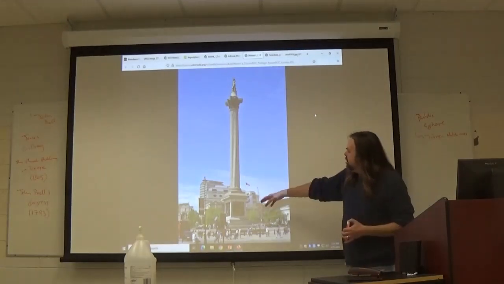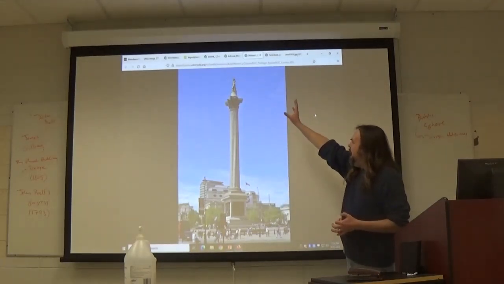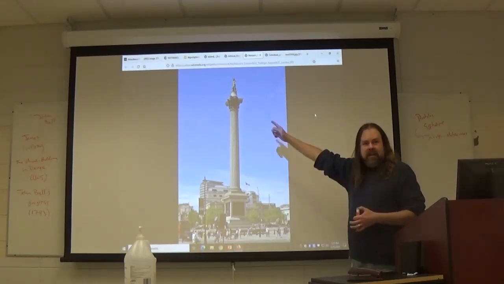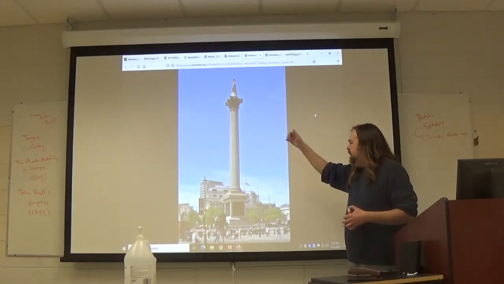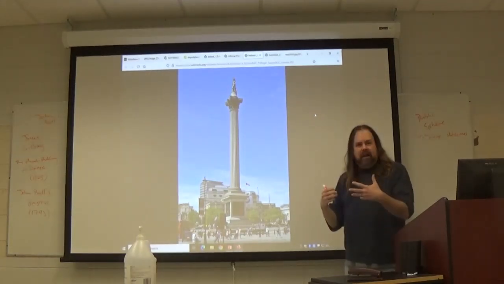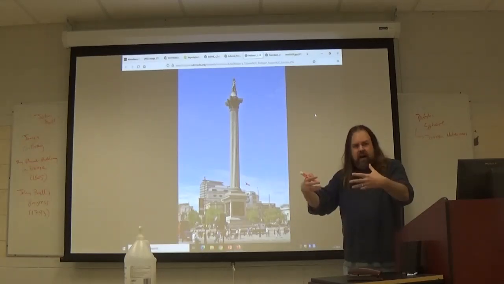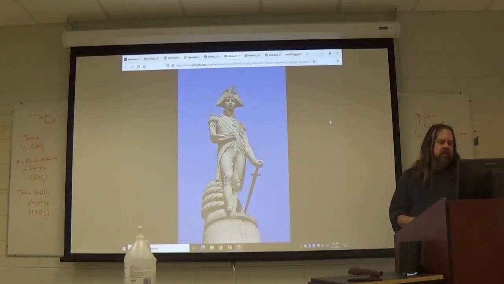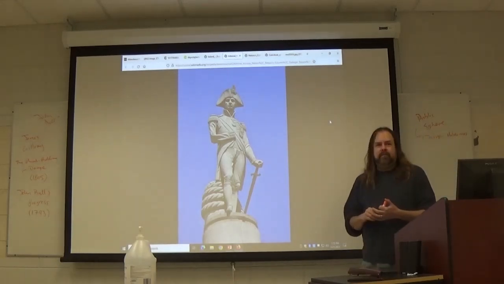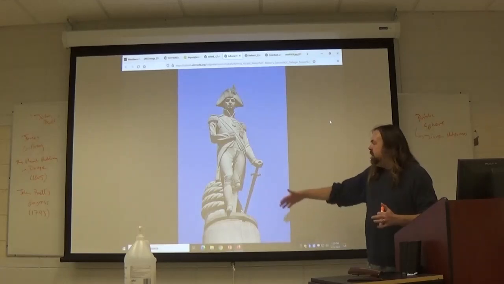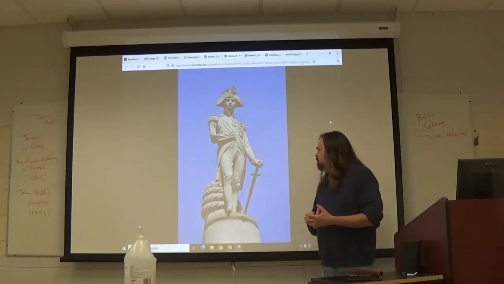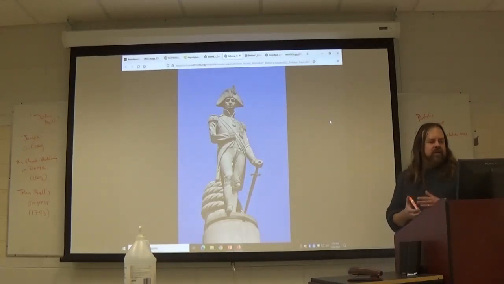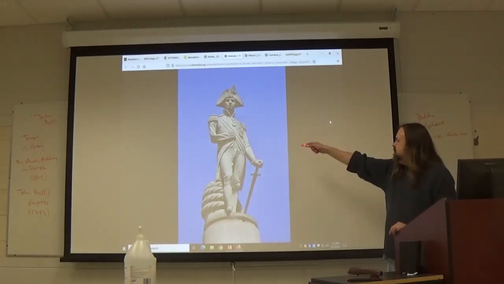And what we have here, we have Admiral Nelson on top of the pillar, looking down on everything around him. So we have that aesthetic of the sublime here, right? This is supposed to inspire awe. And there's a closer view. We see that he's missing an arm. He's got his naval uniform. He's sitting on a coil of rope. He's got his admiral's saber, right? All of these trappings of naval glory, medals on his chest.